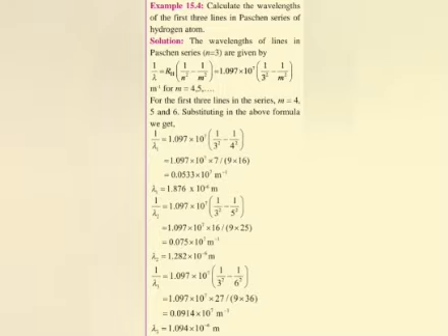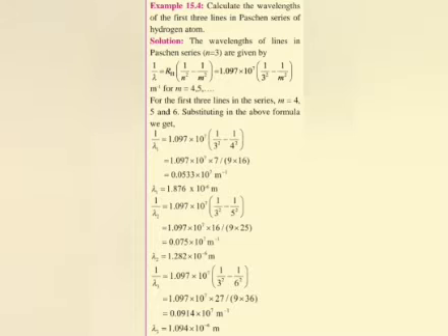So here after calculation, that is 1.097 into 10 raised to 7, and when we take the cross multiplication of this term, that is 1 by 3 square, that is 9, and 1 by 4 square, that is 16, we get the condition 9 into 16 inside the bracket. So after taking the calculation of this term we are getting the wavelength, that is lambda is 0.